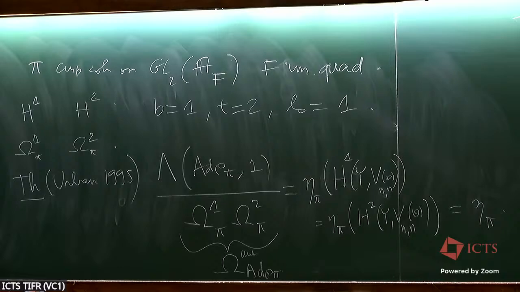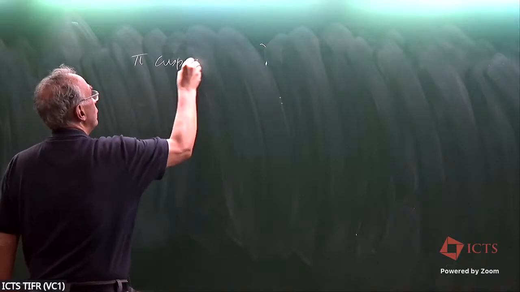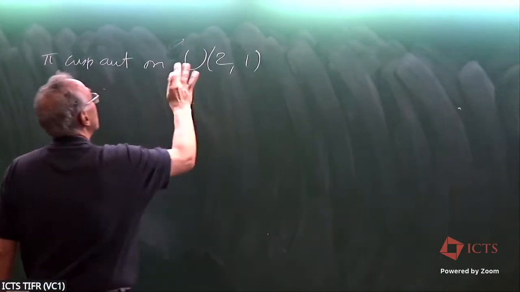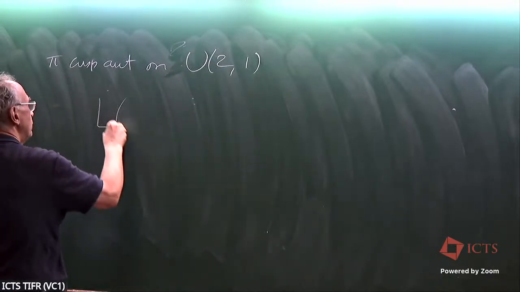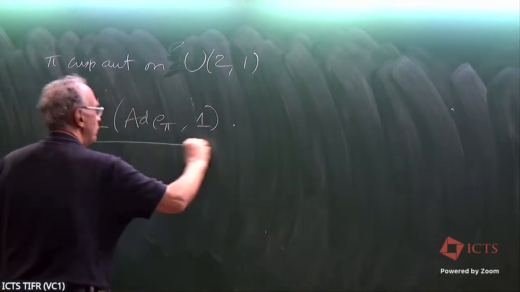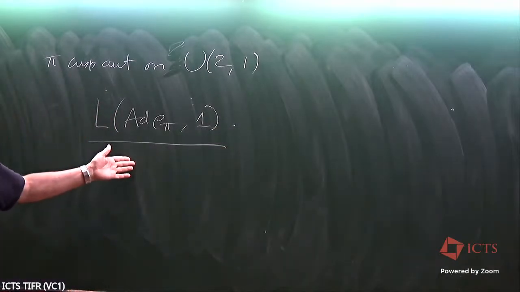It is the case of the group, so pi cuspidal automorphic on U21. Here, it is a critical value. And here, the periods, I can tell you,